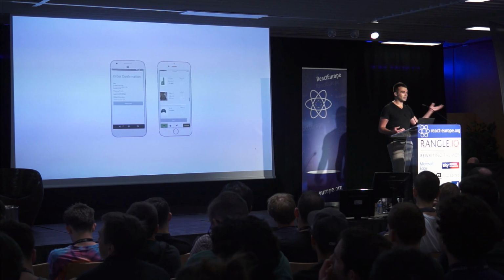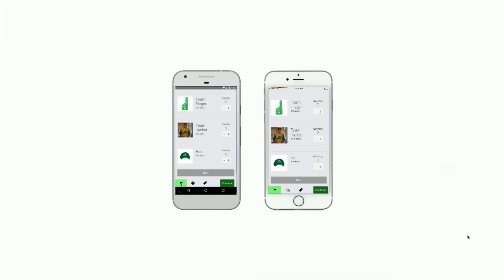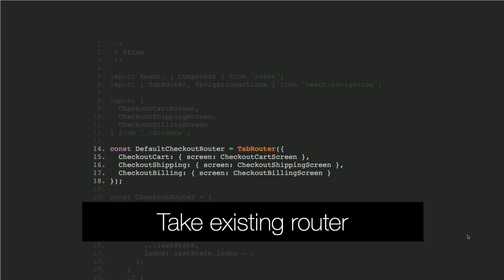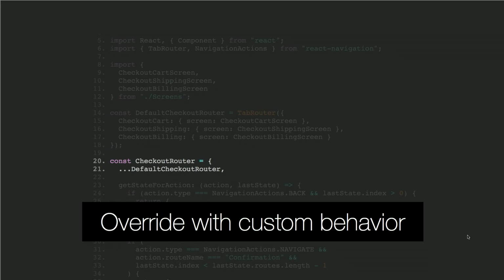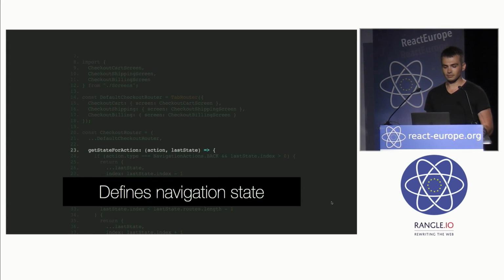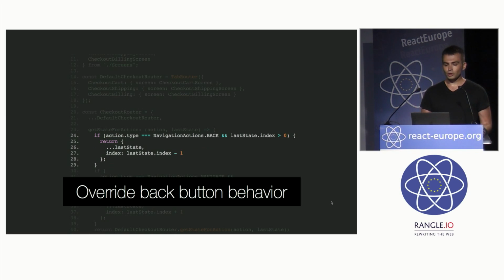Because we're using this router that's kind of wrapping up all of our navigation logic, maybe we could have a way to customize it. So let's take the default router that the tab router creates, and we're going to extend it. It's going to have all the behavior of the default checkout router, but we're going to override getStateForAction. And we're going to do a couple special things in this case. So if the action is a back action, and there is an index that you can go back to,